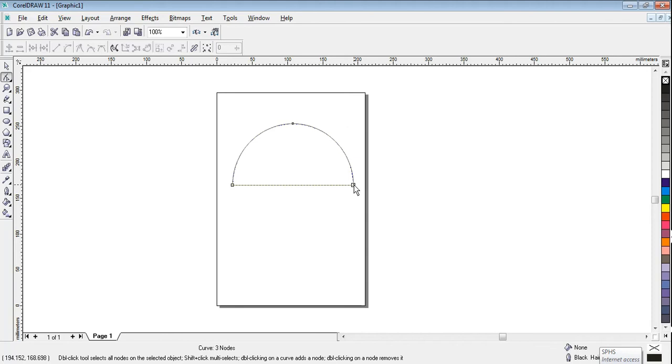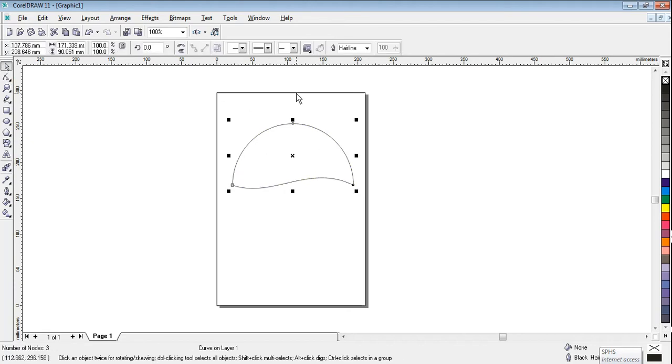Now you may select one of the corner nodes and go for convert line to curve. Done. When I give convert line to curve, it gives me two nodes to modify the shape. Here, as we are creating a Pepsi logo, I'm just selecting this right side node a little up and the left side node a little down. Okay, as much as you want. Try to see that the distance of both of them must be similar so that it will give you a proper effect.